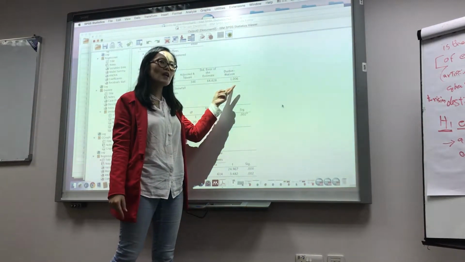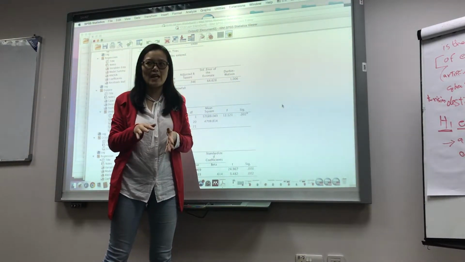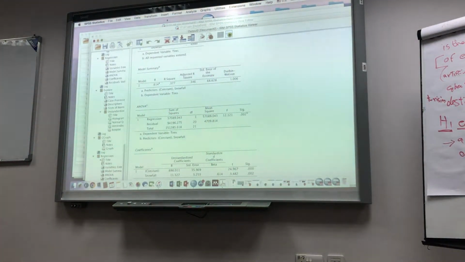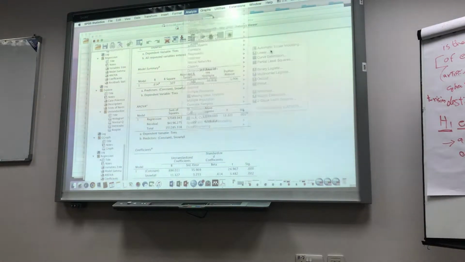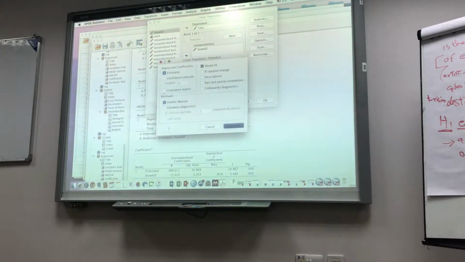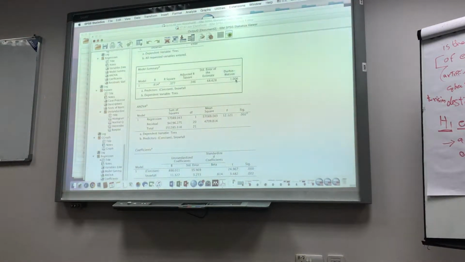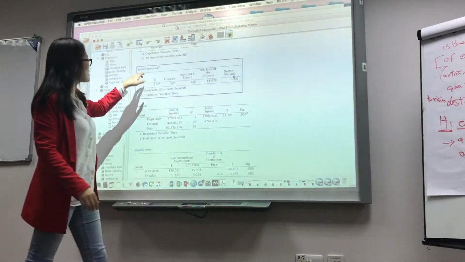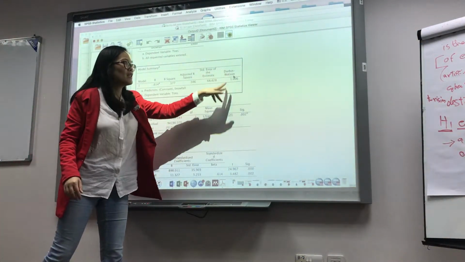The first order autocorrelation means that there is some time serial variable missing in the data set. To check that, we use the Durbin-Watson test, and you can find it in the regression model. If you go to Analyze, Regression, Linear, and check Statistics, you can check Durbin-Watson. It will give you the value of D in the model summary table, the last column. This is something new, added to this table.